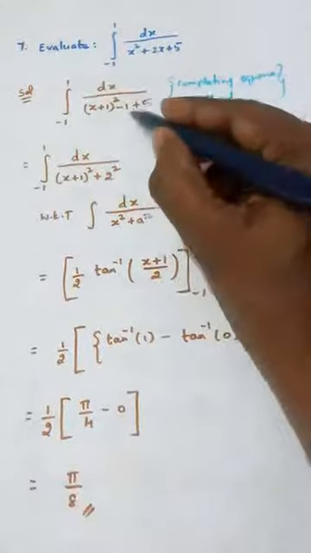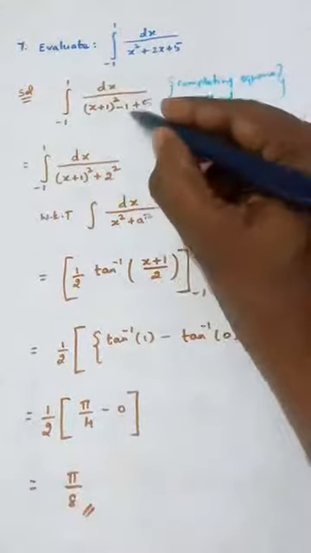Because in integration, the extra term should be written in the denominator. In differentiation, the extra term should be written in multiplication, that is, the numerator. Okay, fine. So substituting in this formula, we are getting this as the answer. Since the limit is minus 1 to plus 1, I am writing the limit.